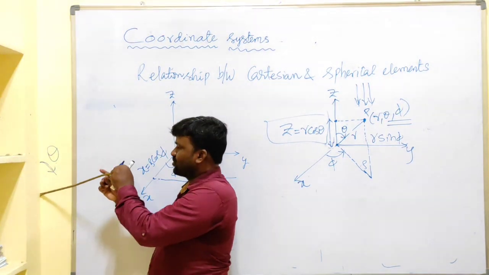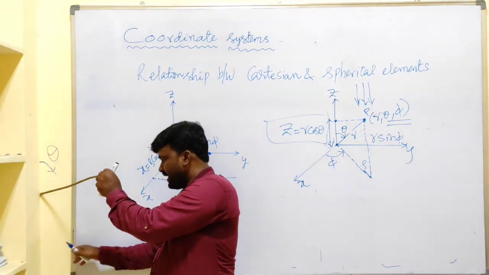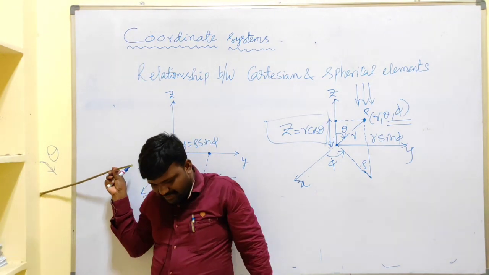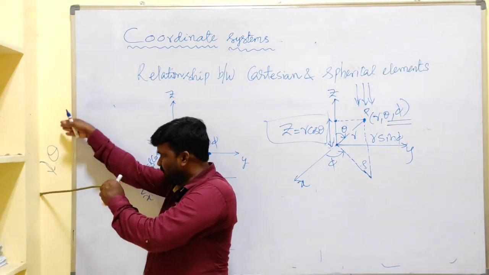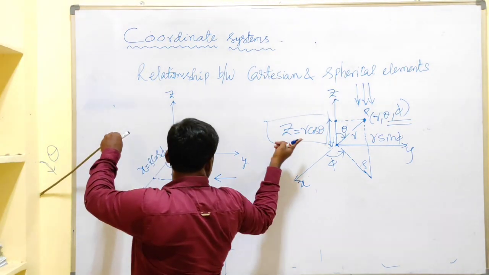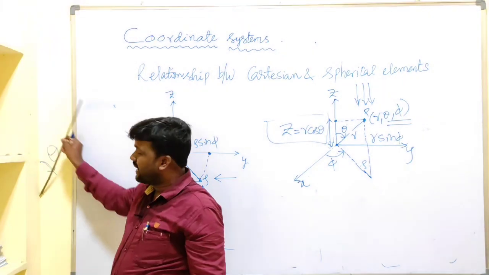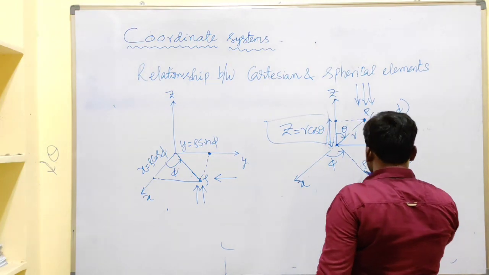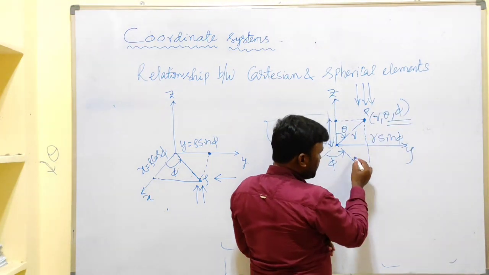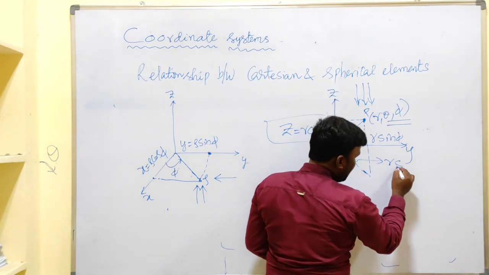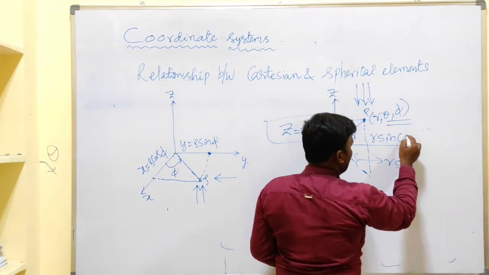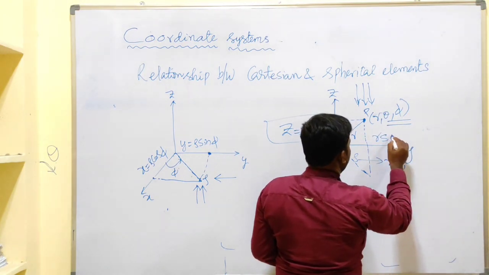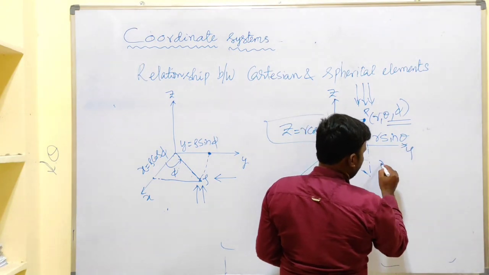Once again I am showing you, this is the y axis, this is the x axis, and the entire plane is the xy plane. This means the projected component r cos theta is projected on the z axis, whereas the remaining one is projected in the xy plane. Of course, now instead of taking this rho, we can take it as r sin theta.